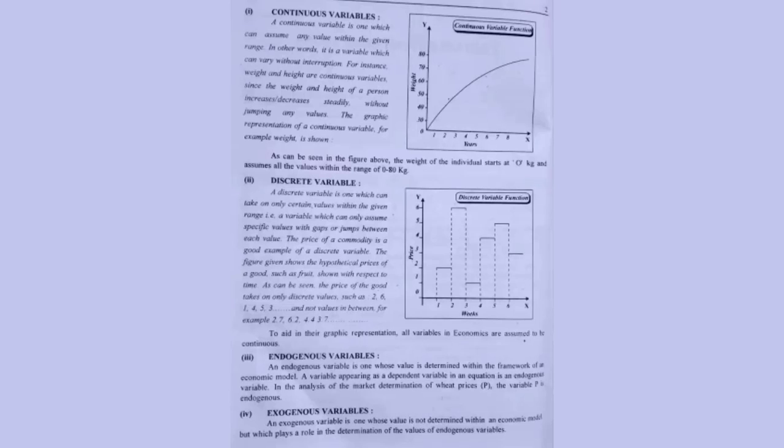Let me define each of them separately. Continuous variable is the one which can assume any value within the given range. In other words, it is a variable that can vary without interruption. For instance, weight and height are continuous variables. Since the weight and height of a person increases or decreases steadily without jumping any values, the graphical representation of a continuous variable, for example,